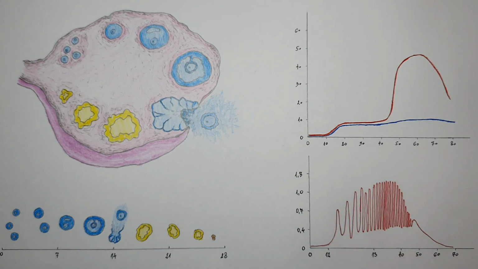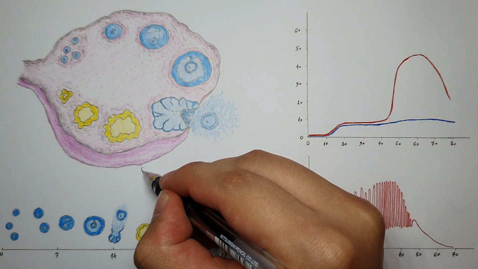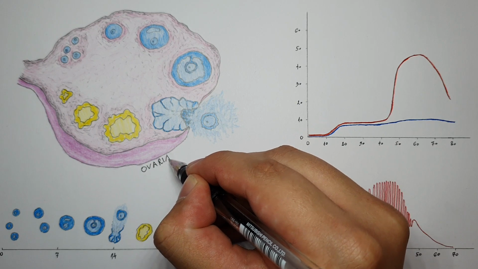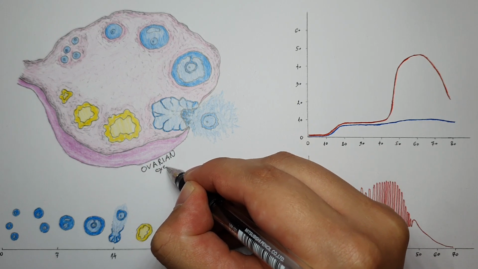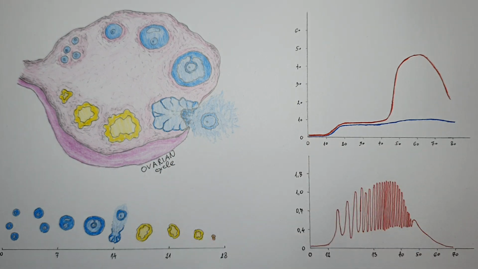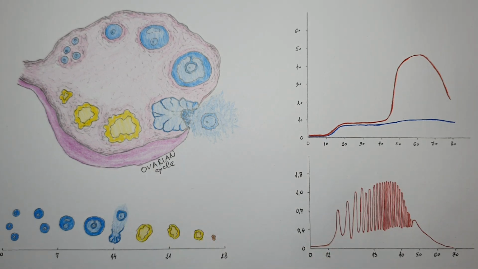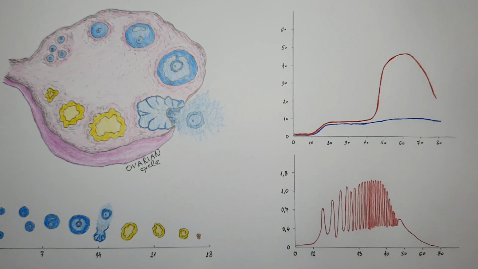That is the ovarian cycle, and the ovarian cycle is just one part of the menstrual cycle. So before I start to talk about what happens in the ovaries in detail,